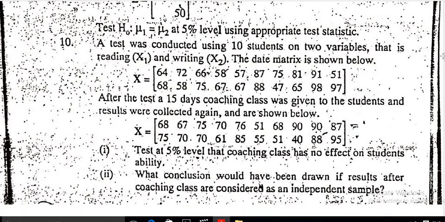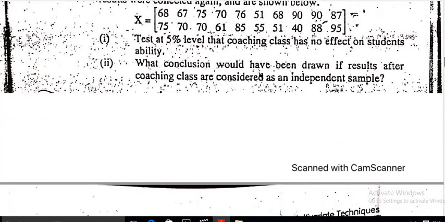Let me explain about question number 10. Question number 10 is actually the problem of paired Hotelling comparison, multiple comparison. It is a problem of multiple comparisons. You have to apply here the paired Hotelling t-square distribution, which we have done, which I have already explained in my last lecture. Okay, you have to do yourself these questions.